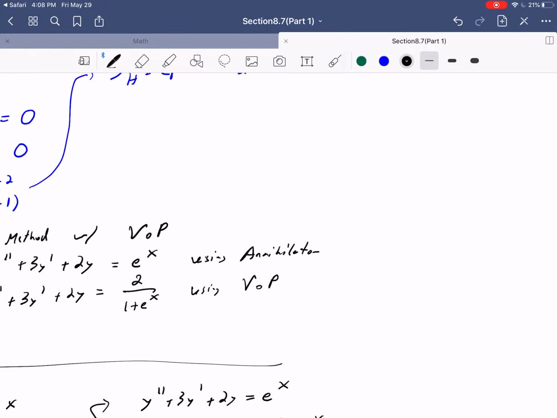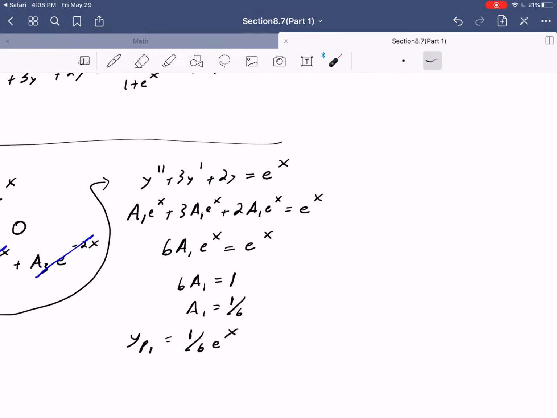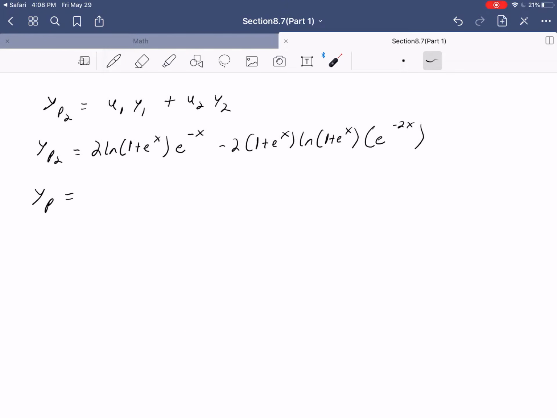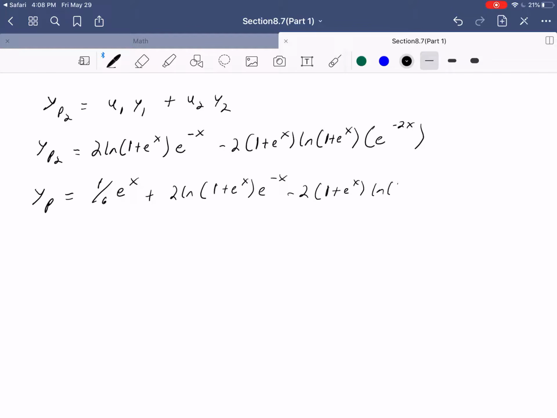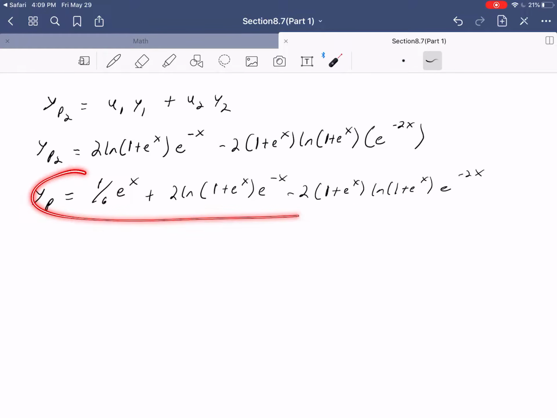So this tells us that our y sub p1, which we found using the annihilator method, notice again, annihilator method much quicker, is 1/6 e to the x. So we'll use that. 1/6 e to the x plus this 2 ln 1 plus e to the x e to the minus x minus 2 1 plus e to the x ln 1 plus e to the x e to the negative 2x. And if that's our particular solution, then our general solution